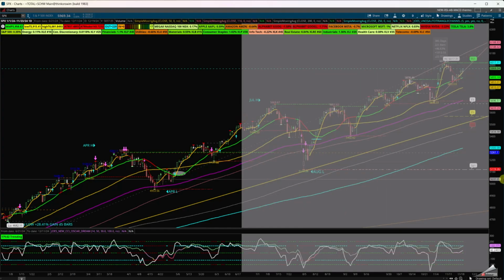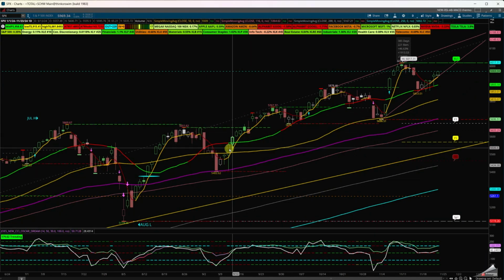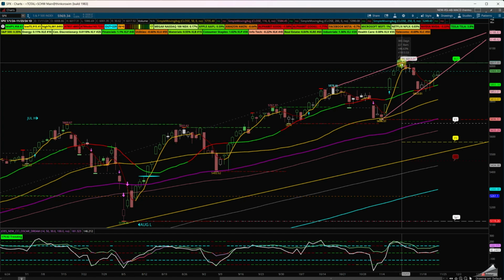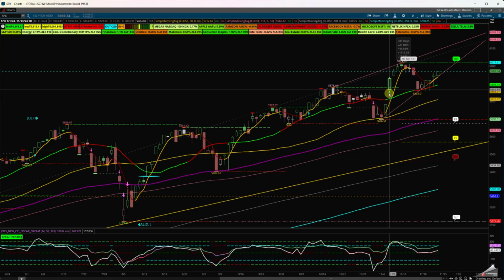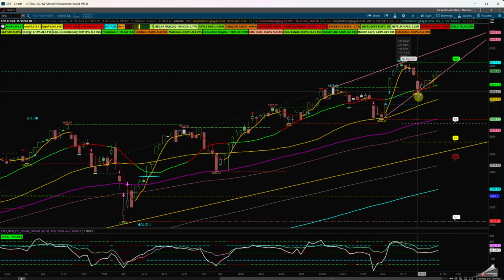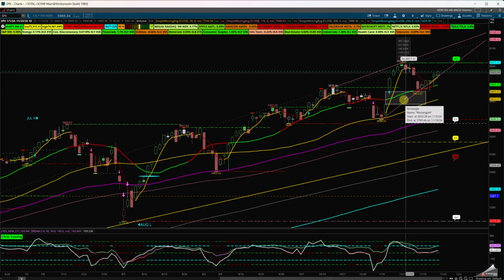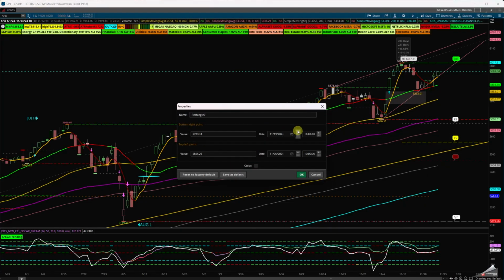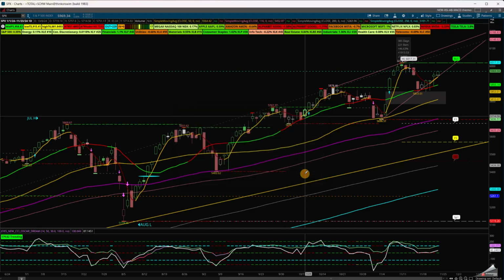If I zoom in from the July high here, I did not mark the September lows. I did not mark the November rally, and this is basically the November. This is the October. So when we rallied, we had this gap up here. We have a gap down here, which I would like to mark on the charts. We're going to make it short and simple because it's going to be a short holiday week. So I'm going to mark it here so everyone can see it. We edit the property, and I'm going to extend a couple of extra days down here, so that way you can see where the levels are on the SPX in relationship to the SPY or the E-mini.